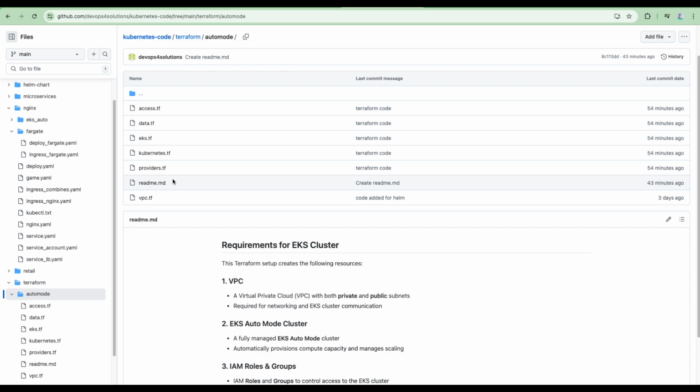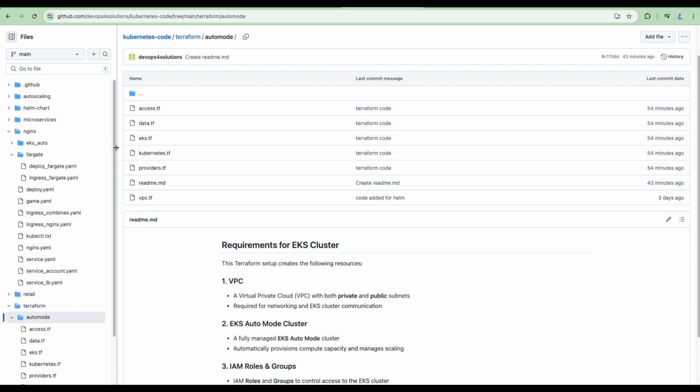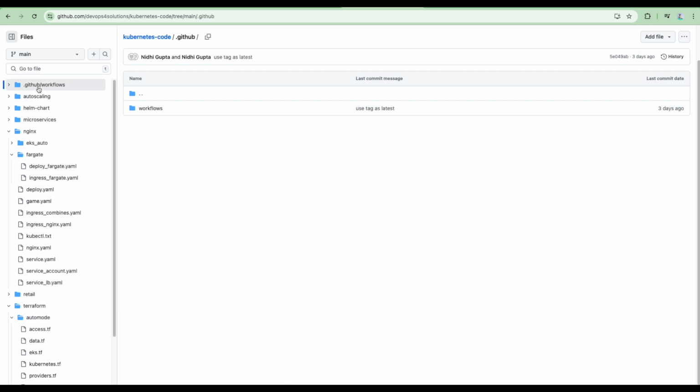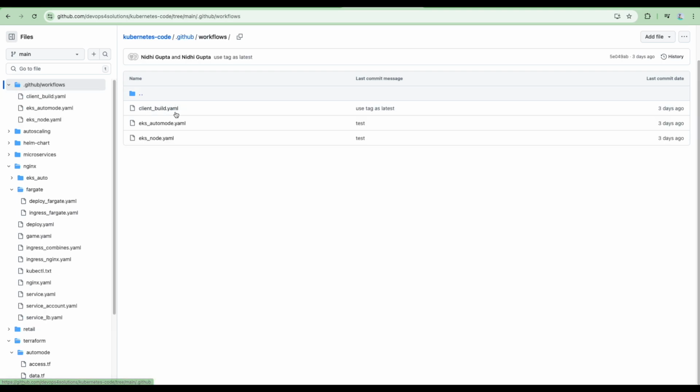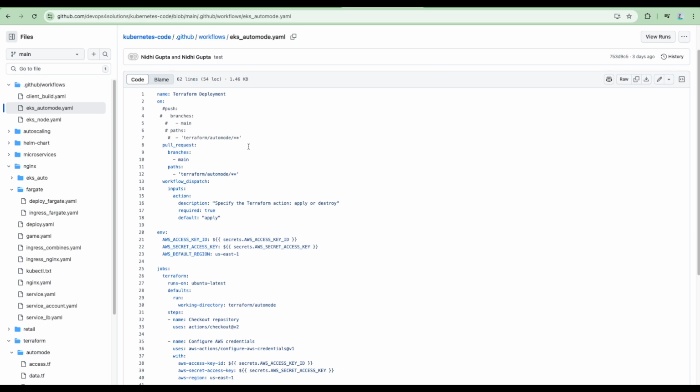Now, how you will do the deployment using GitHub Actions. If you are very new to GitHub Actions and you don't have any understanding, I would say follow my different video on GitHub Actions, which covers the basics. But if you know the basics, you create the workflow in .github workflows, and then you create the YAML file. So I will go with this, and it is very simple.